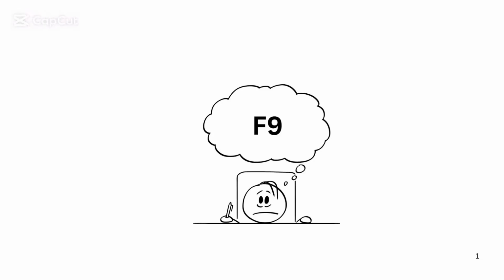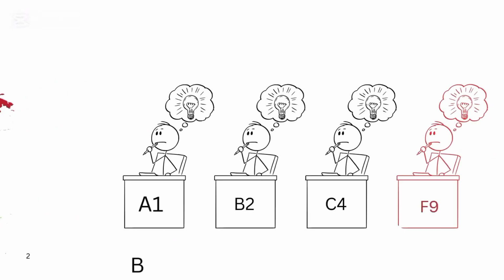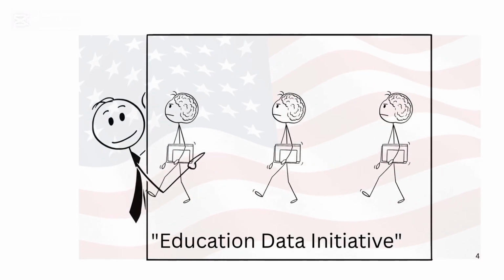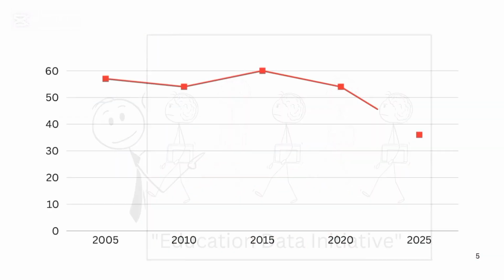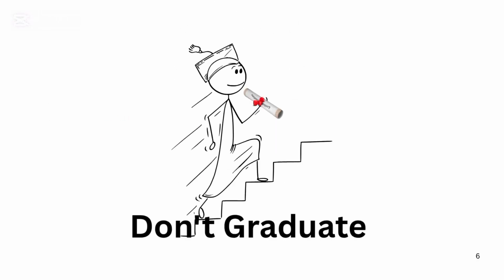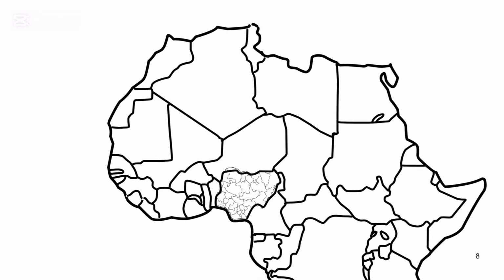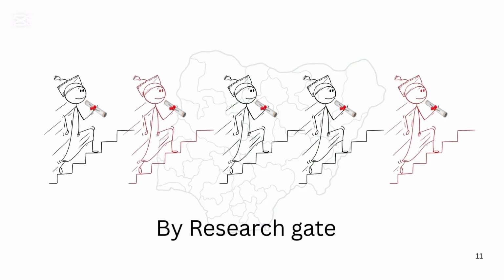Students failing are on a high rise now. In a study of 53 countries, approximately 25% failed high-stake exams. In the US, 2 out of 5 students don't complete their bachelor's degree, while in the UK, there is a 28% rise in the students that don't complete their degrees. Even in Africa, in the most populous country, which is called Nigeria, they also have a dropout rate of 2 out of 5.